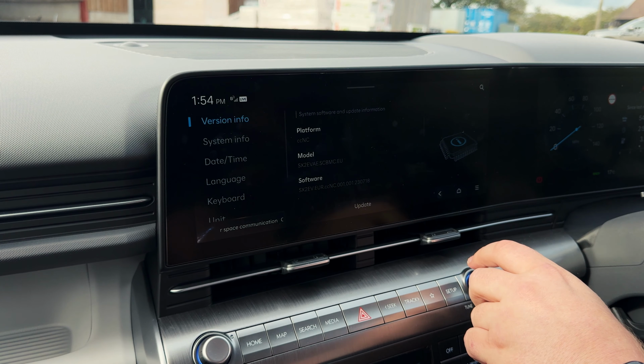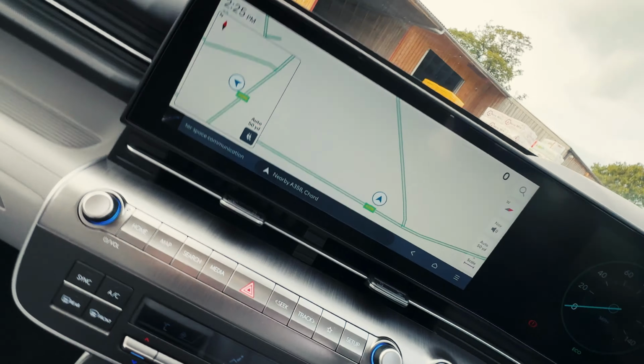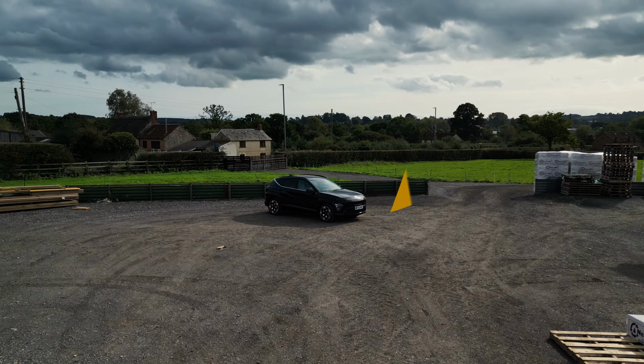Safety-wise, obviously, there's all of the required stuff like airbags, ABS, DVC, DSM, FCA, and no, that's not the Financial Conduct Authority, that is in fact forward collision avoidance. You get hill start as well, and you get an auto hold too, so there should be no rolling back whatsoever. And all of this comes in the Advanced, which at the time of filming starts from